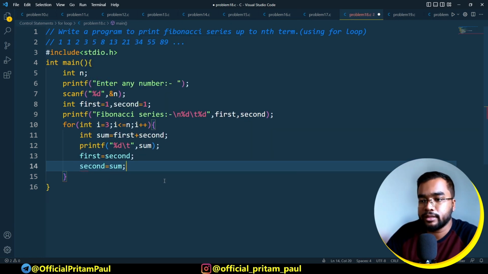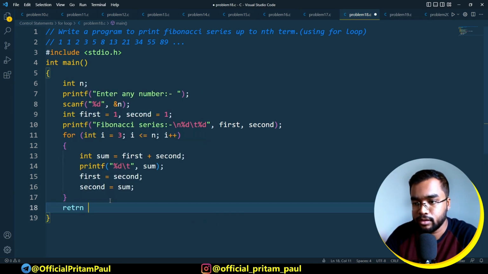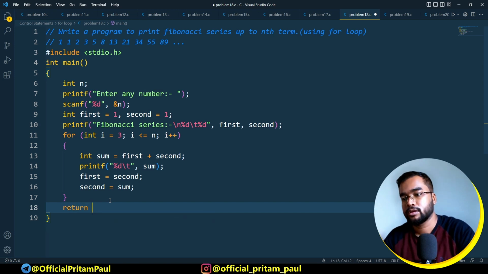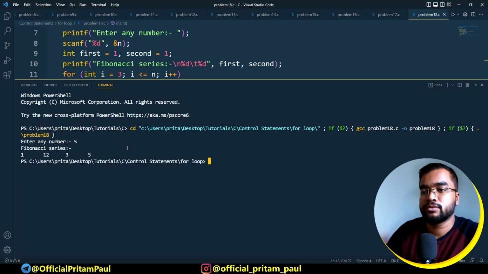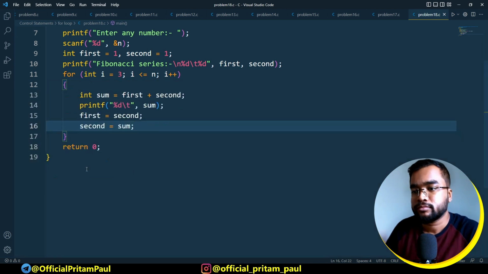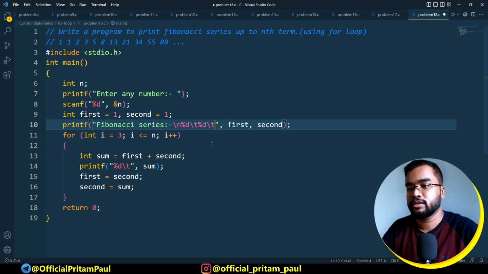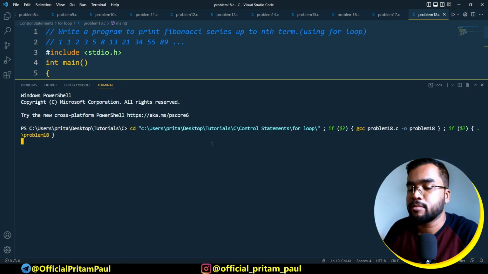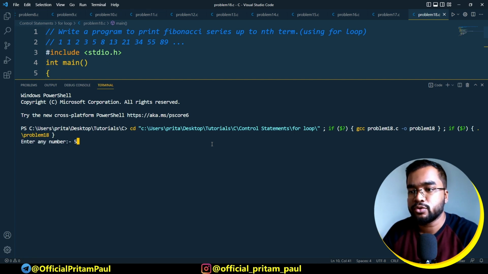Yeah. And then finally return 0. Yeah. So enter a number 5. So you can see, oh my god, something went wrong. Let's see, first equal to 1, second equal to 1. Oh, no, no, everything is fine. Okay, there will be a backslash t, and now, yeah, so if I take 5, so 1, 1, 2, 3,